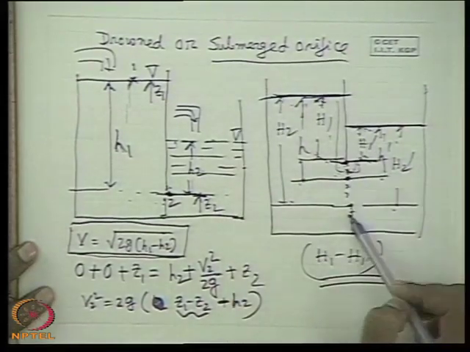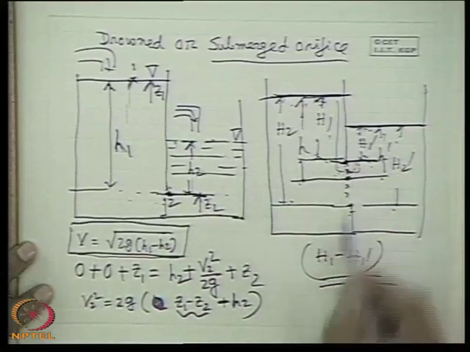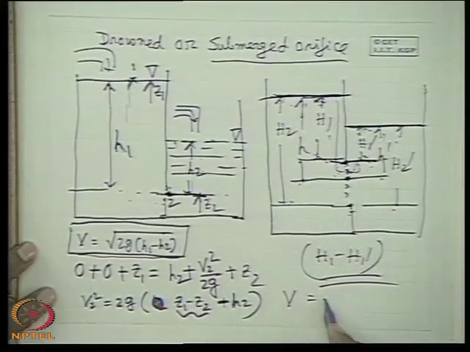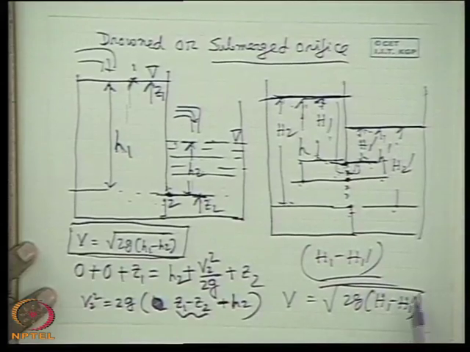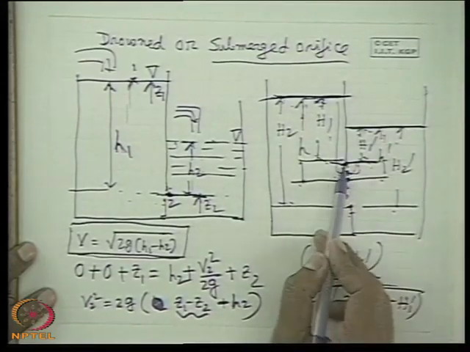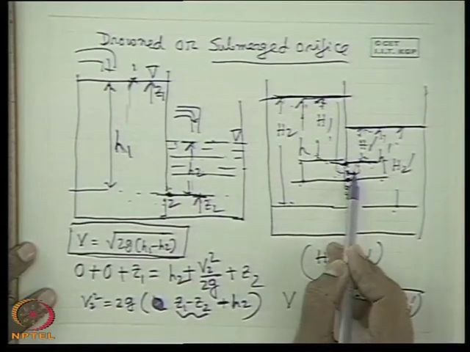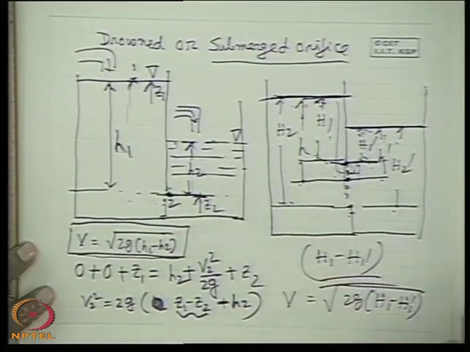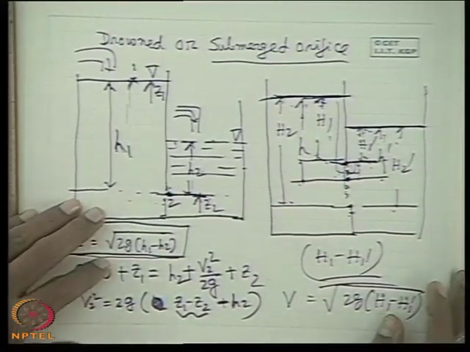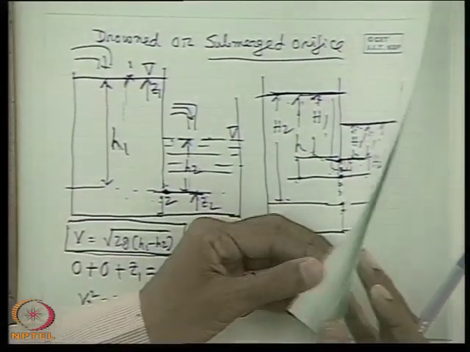If there is a large orifice and it is a drowned or submerged orifice, the theoretical velocity through it is root over 2g (h1 minus h1 dash). When there was no downstream water, the head counted was the difference, because the downstream side head is uniform, that is atmospheric pressure. Here the same head is added. Okay, it's very simple. Drowned or submerged orifice.